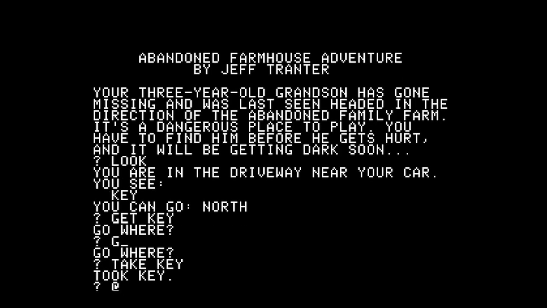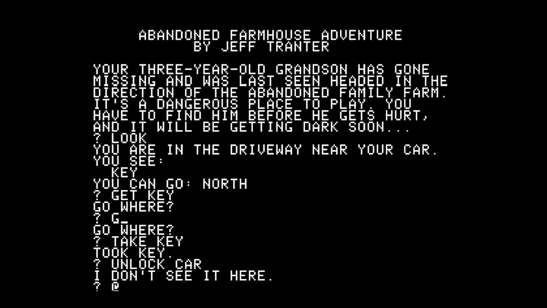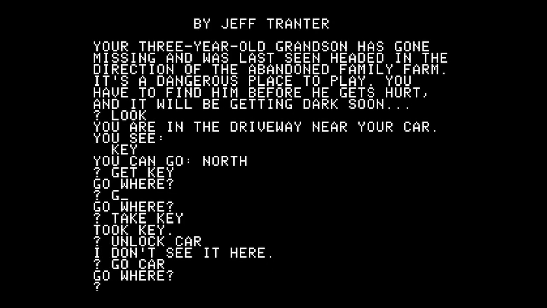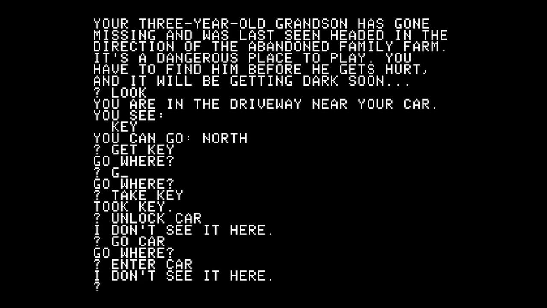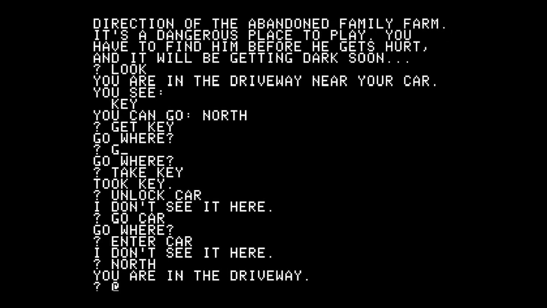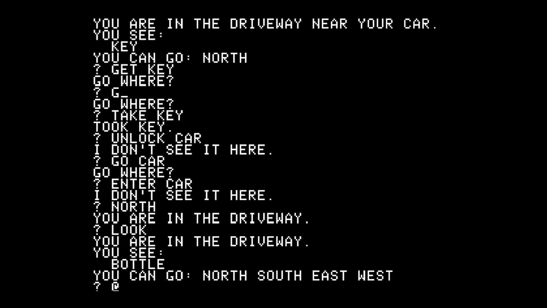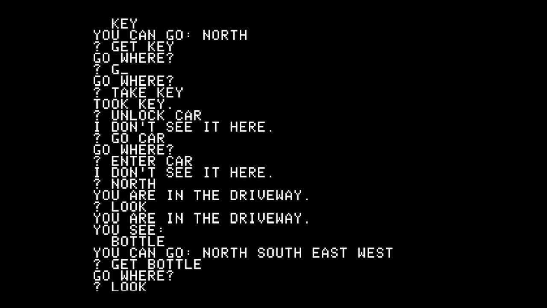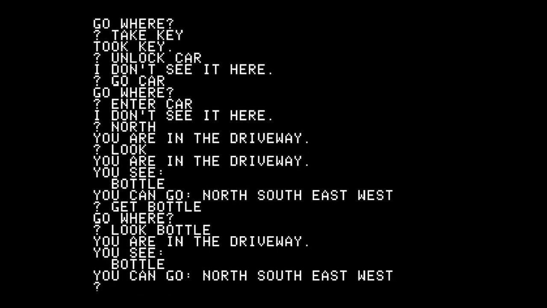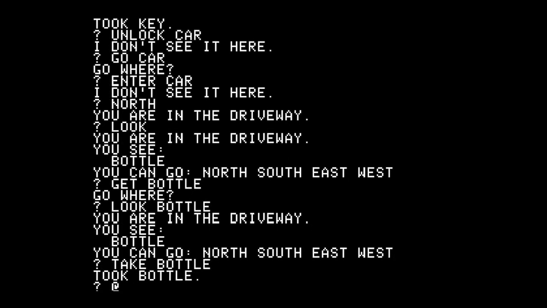So like most text adventures, you look around, you take stuff. The get word doesn't work. You have to take. See, I typed get bottle and look bottle. I didn't even have it yet. So you have to take bottle, right? It also doesn't do look at